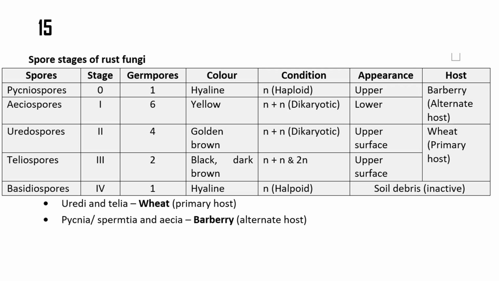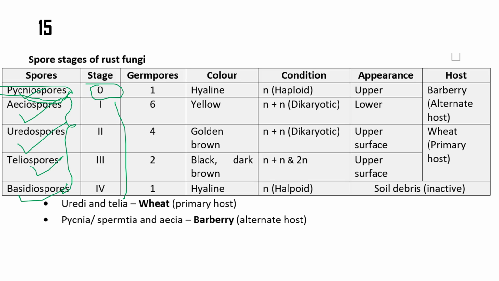The next one, we have discussed these spore stages, right? Like teliospore, how many germ pores it will produce. If we see the spore stages of rust fungi, there are 5 stages: pycniospore, aeciospore, uredospore, teliospore, and basidiospore. Pycniospore is generally assigned to stage 0 because the aeciospore, uredospore, and teliospore, these 4 stages were discovered first. That's why they were named 1, 2, 3, 4. But the pycniospore we cannot name as 5 because this is the most important sexual stage, the sexual spore from which the other spores come out. That's why they named it spore 0.